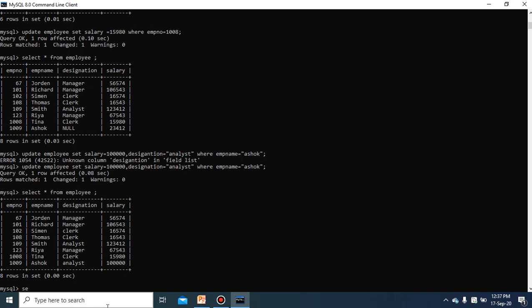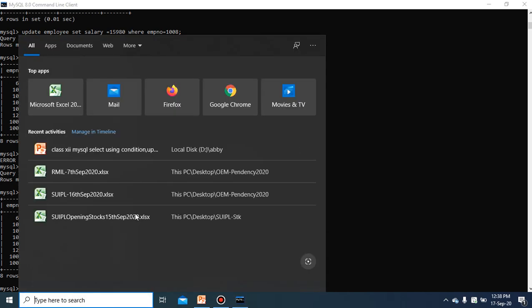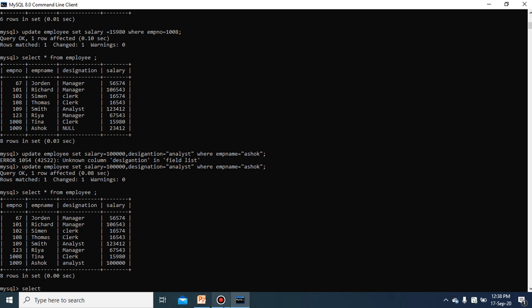How? Just write the query update employee set designation equal to null, where you can write empno also, empno equal to 67, or for any of the records.